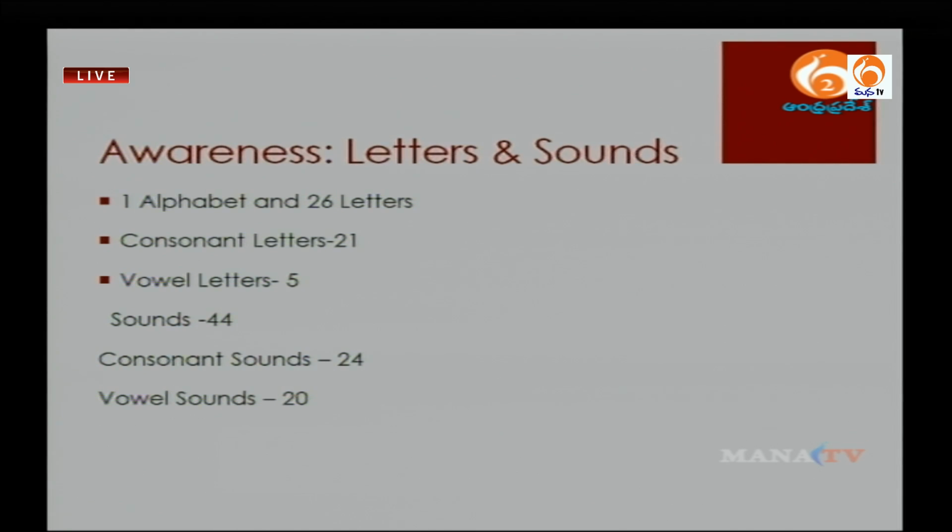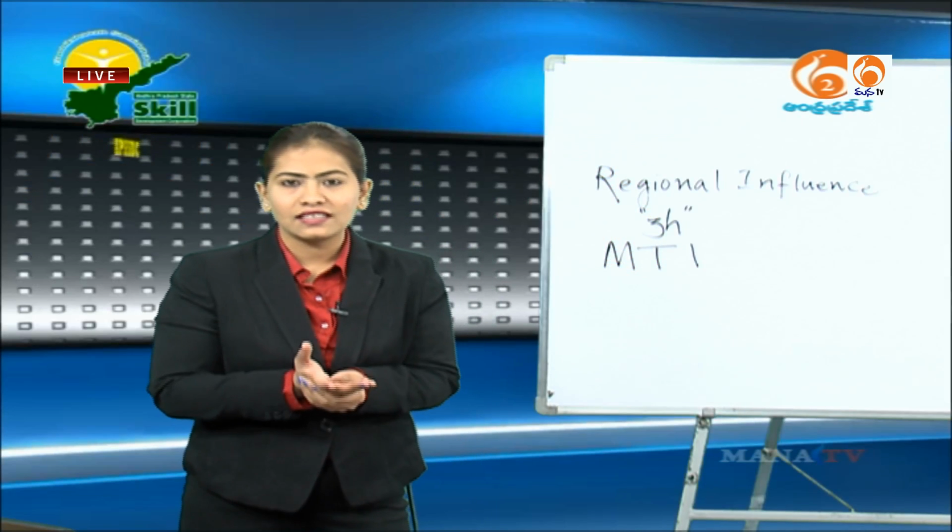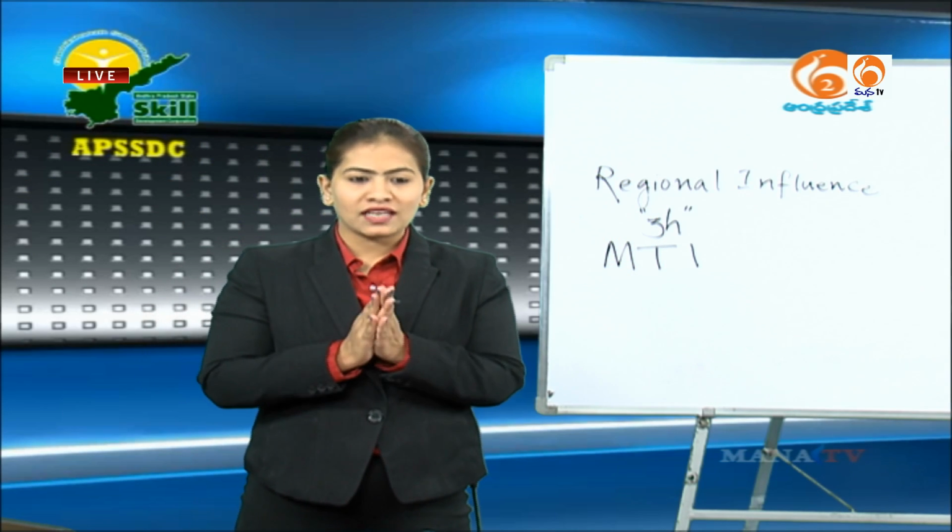Let's move on to this important slide of the day. Like we discussed the other day about sound production, I'm going into real detail for our betterment, because it is very important to know why a certain sound is picked up the way it is, why a certain sound takes only that specific mouth organ when enunciated, and why you're not supposed to replace that particular mouth organ, because your guideline says very clearly that for sounds such as m, n,